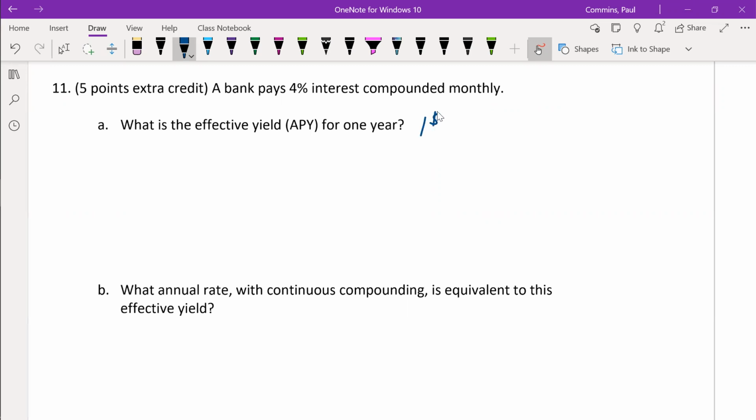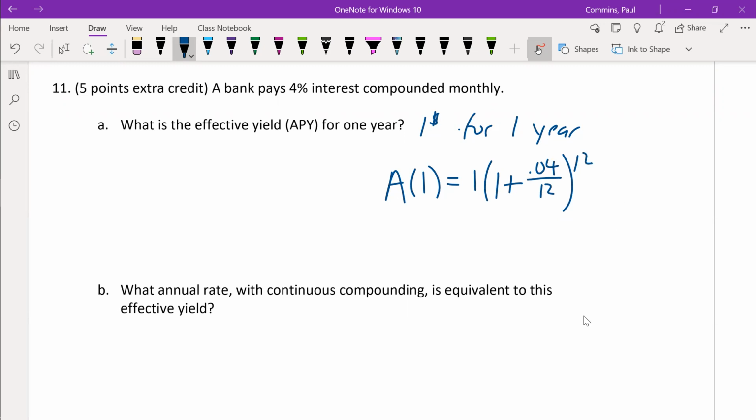So this is $1 for 1 year. So using the compound formula, the value at 1 year of $1 times 1 plus 4% given in 12 installments in a year, that would happen 12 times. And we should put a 1 up here, but it's only a year. That's the number of months in a year times the number of years gives you the number of compounding periods when you're compounding monthly. So that's just a calculator exercise. If you do this, you'll get